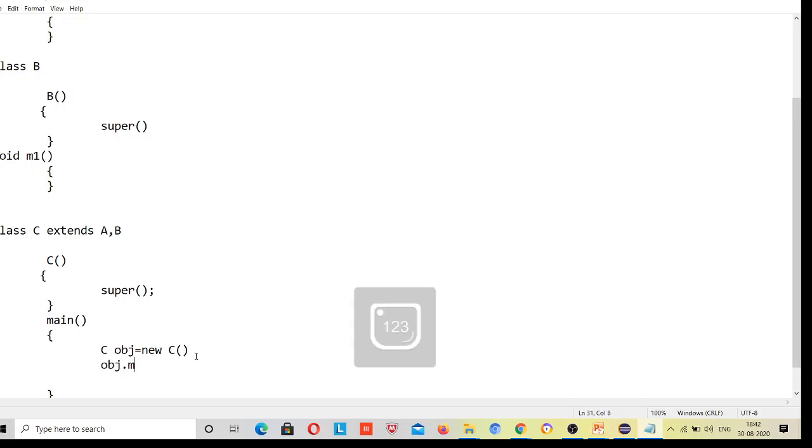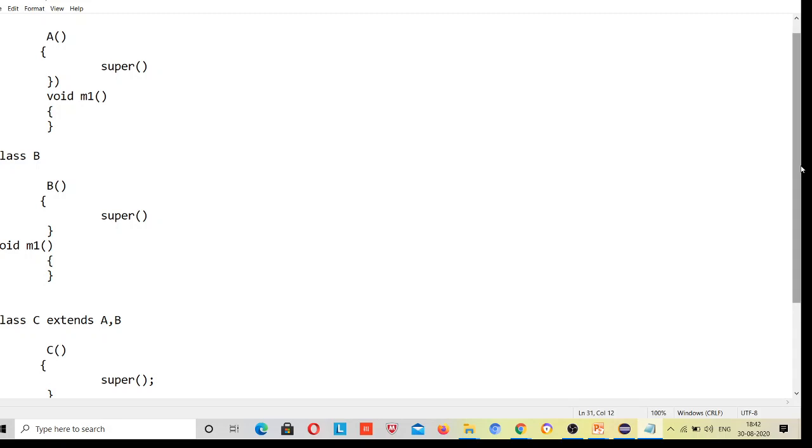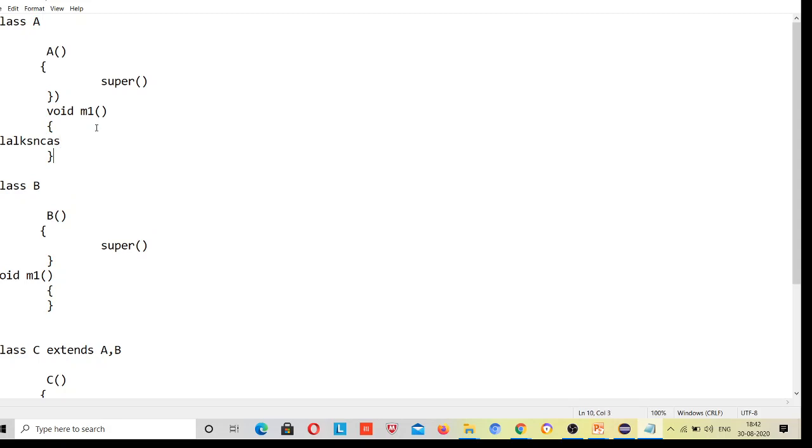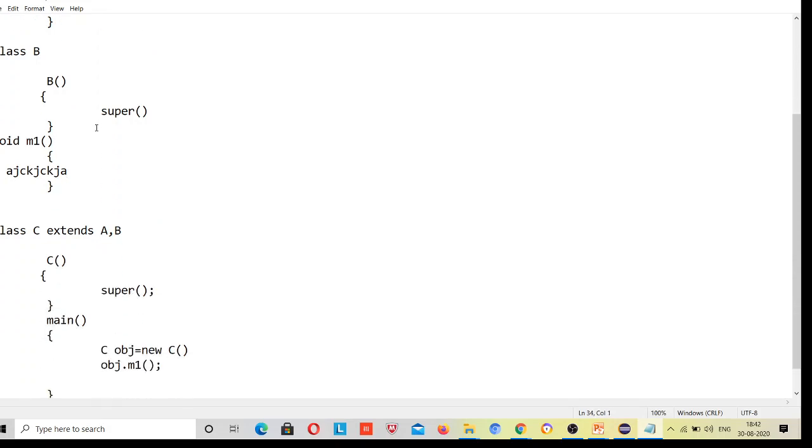Now tell me which class's M1 method it should call. Class A has written some logic for M1, and class B has the same M1 method with different logic. Which method should it invoke? So it is confused, and that is the diamond problem.